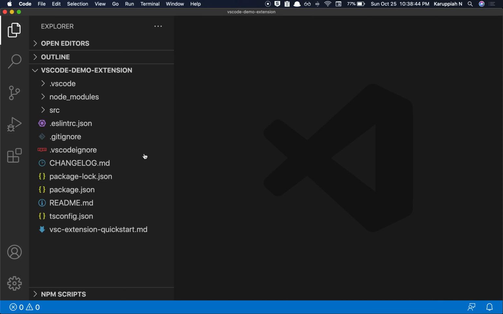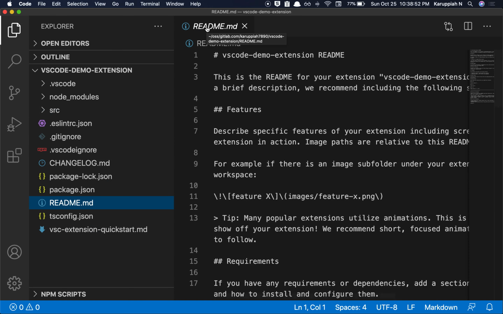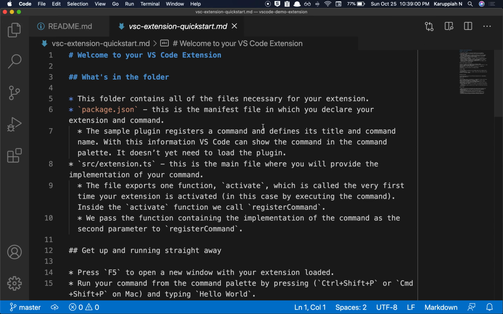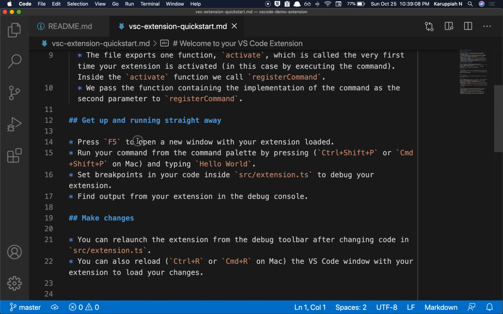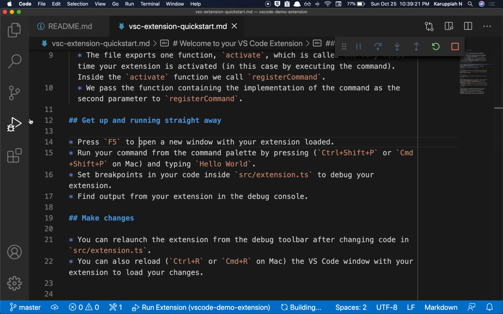Okay, so now if you actually notice, there is a README, and there is also a quick start over here. So you can go ahead and read this, and it's really very intuitive. They also explain what's going on and how to run things. To run things, you just press F5 and it starts running. You can see your extension run by doing F5 inside your Visual Studio Code, and it uses this debug feature of Visual Studio Code